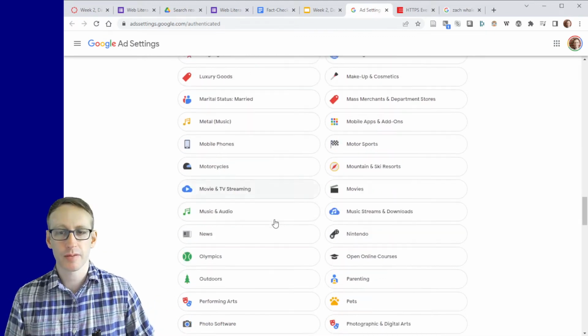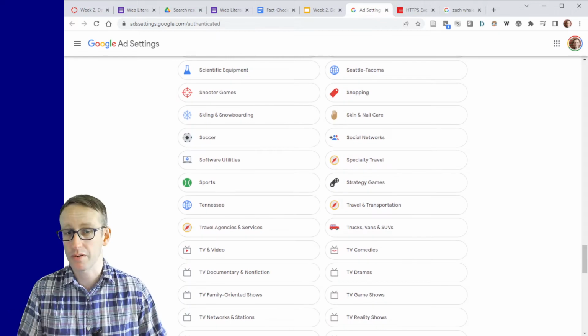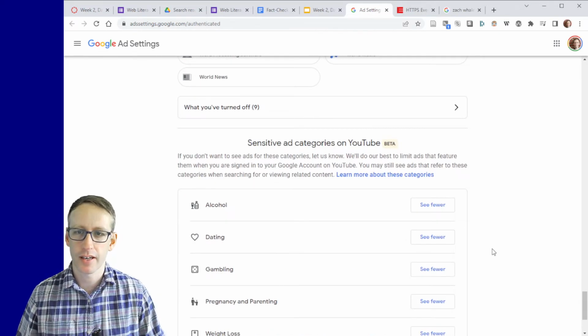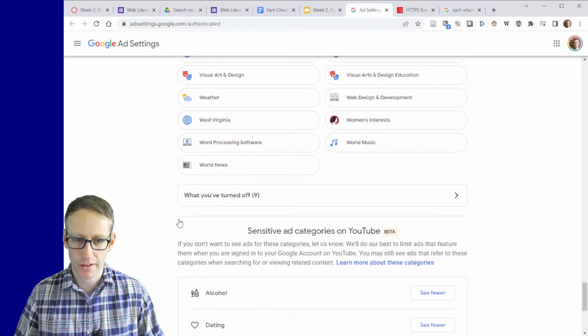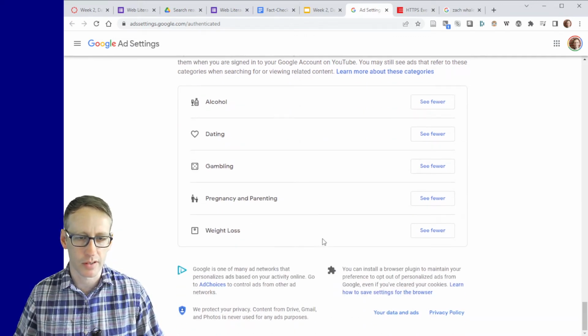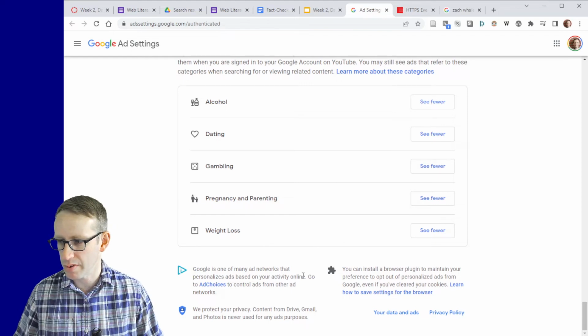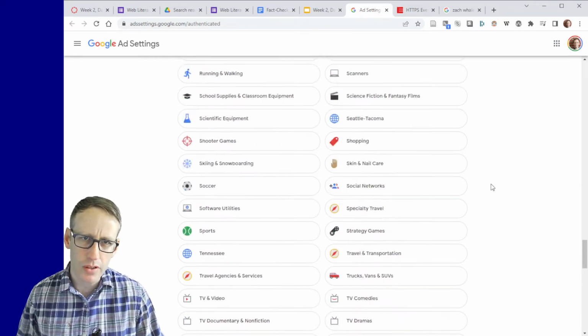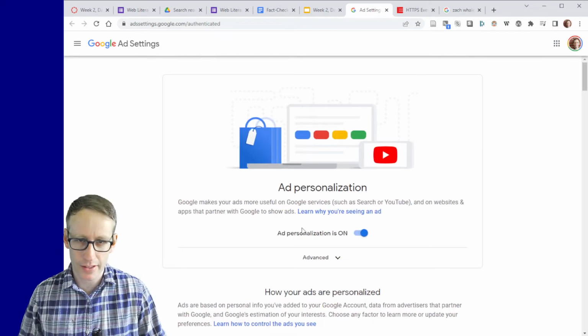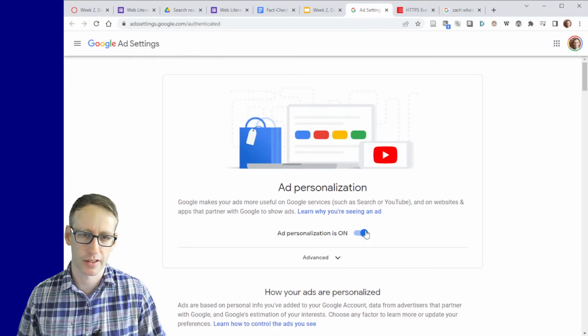So you can actually customize this as you're looking through this. Google would love for you to tell them what you want to be advertised about, or you could actually just turn off the entire thing, which is certainly possible. Yeah, this is kind of neat too. This is a new thing. You can turn off specific types of categories, just as a broad brush approach there. So definitely something you should take a look at. If you want to opt out entirely of this, they do let you do that. You just click this button to turn this off.